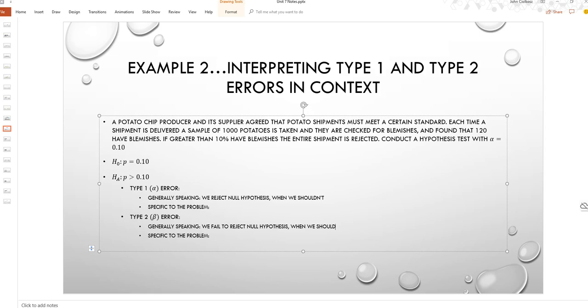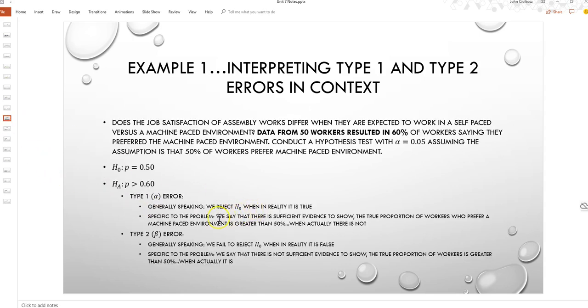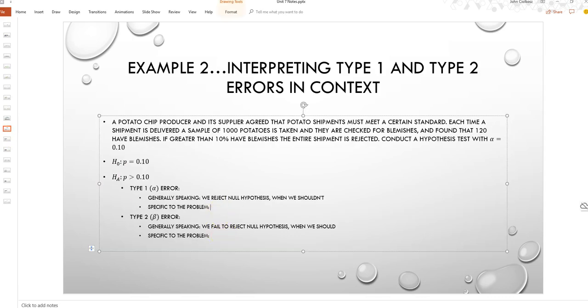All right, let's get specific here. So the null hypothesis is that it's that 10%, right? So we're saying it's okay. So in this case, we reject it. So let me get the exact wording I used over here. So we say there is sufficient evidence. So let's go ahead and use that same wording here just so it's consistent. So we say there is sufficient evidence